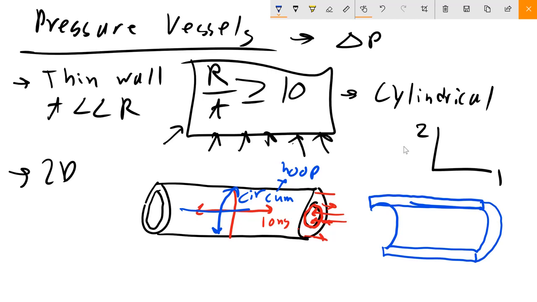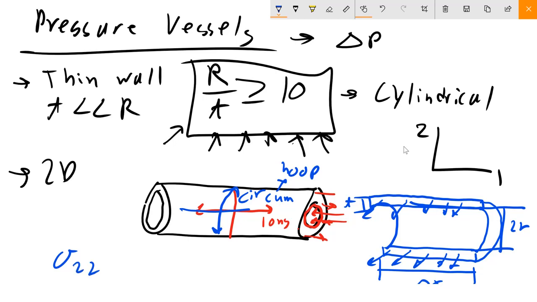Same idea. We have some thickness here, T. We're going to call this distance delta X. So there's some thickness there, some delta X there. And this distance right here is going to be your 2R. Same idea, there's some force coming out once we cut that free body diagram. Again, this is just back to statics. So force coming out here, that force is just going to be your sigma 2.